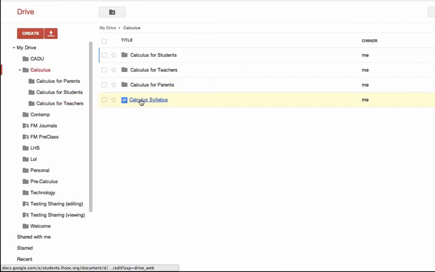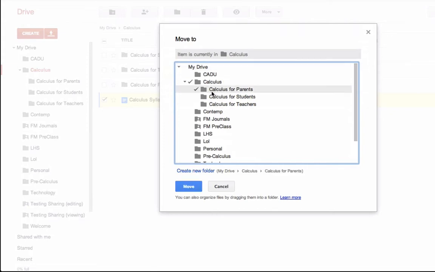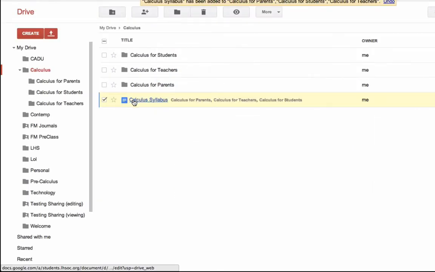So one last file we have now, Calculus Syllabus, and I think all 3 would want to look at this. So I'm just going to check the box, hit Move To, locate your folders, and let's go ahead and leave this in the main Calculus folder as well. Let's not move it out of there. So we'll hit Command, and we want to choose all of these. So just hold Command down, click on all 3 folders, let Command go, and press Move. Notice now it left our Calculus Syllabus in the Calculus folder, and you can see it's also in these 2